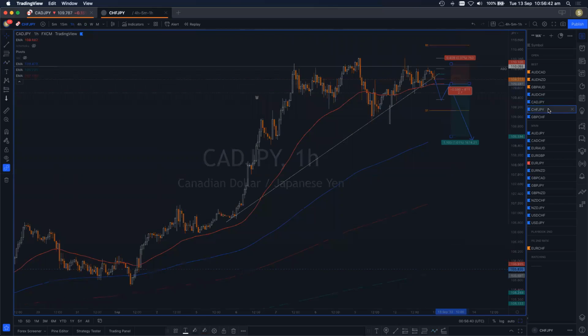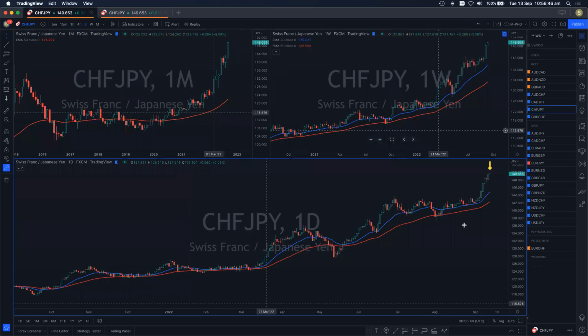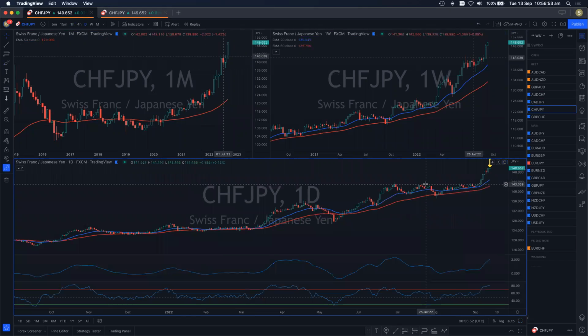All right, Swiss yen. And this is another yen pair. And I like this one for a different reason. This one has been on a pretty strong bull run. So I'm looking for it to go short. Now the yen,